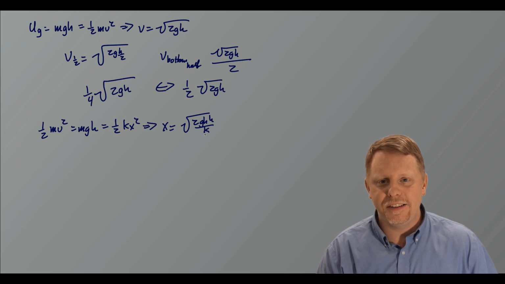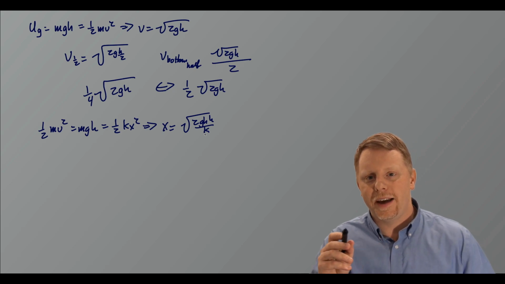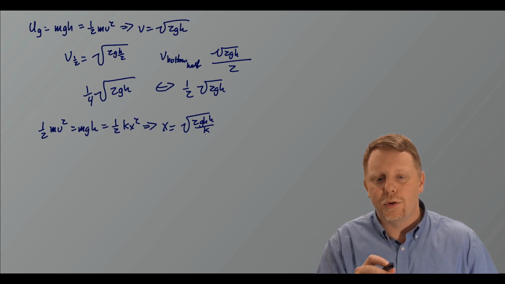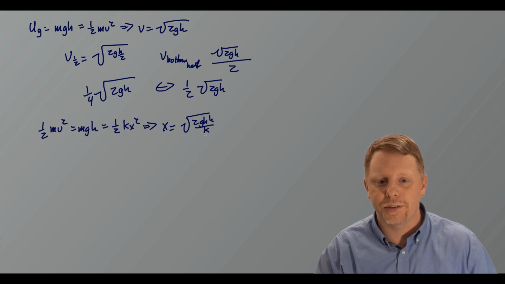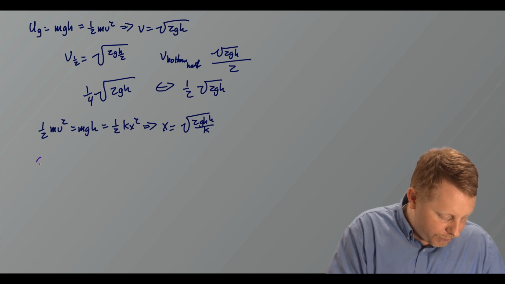If you recognize that this is a horizontal spring-block oscillator, where the block is going to be going back and forth, compressing, decompressing, it starts out at the equilibrium position when it just comes into contact with the spring. When it's at its maximum compression, that's 1/4 of the periodic motion of the oscillator, or 1/4 the period. So really, for part C, what we're finding is